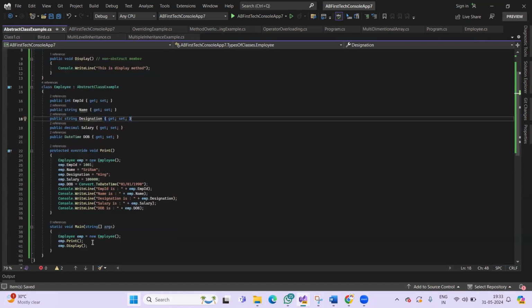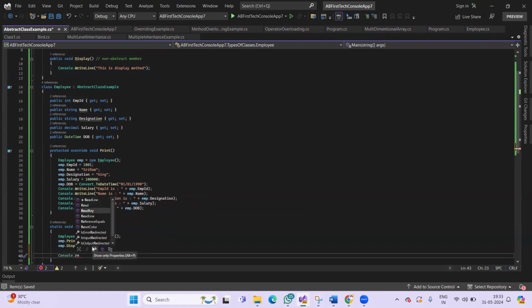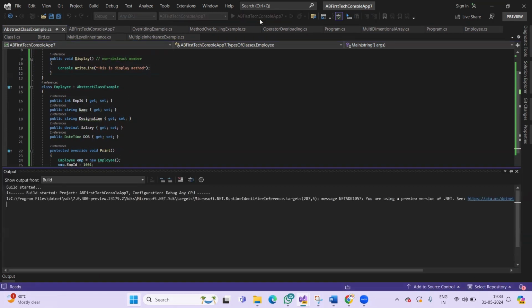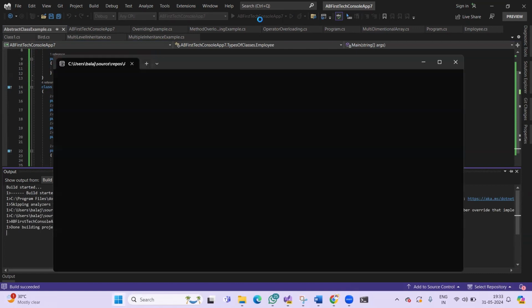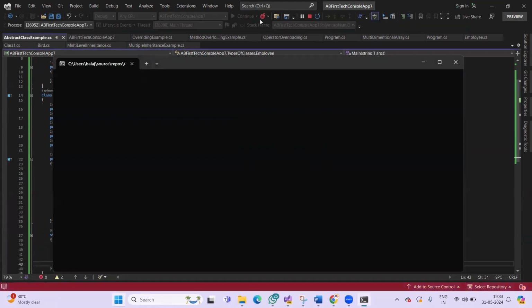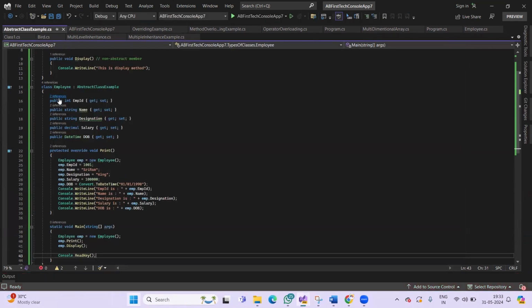now let's console that read or read e. Now run the program. We got the output and this is display also written. Okay, now